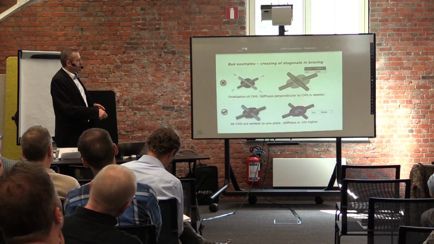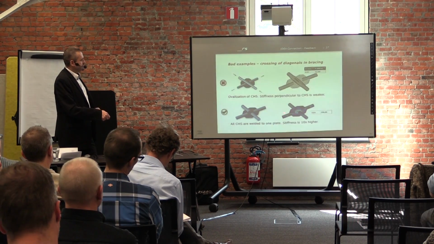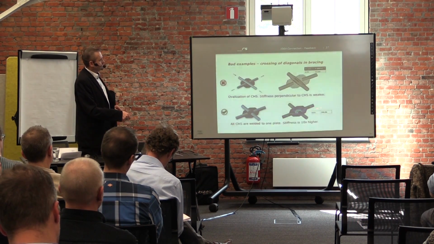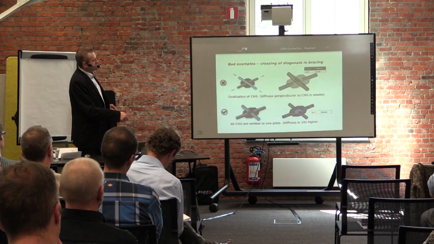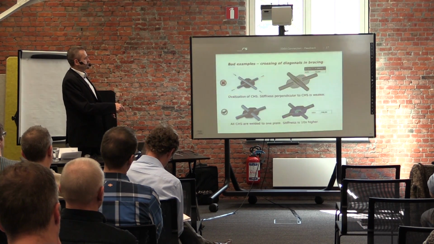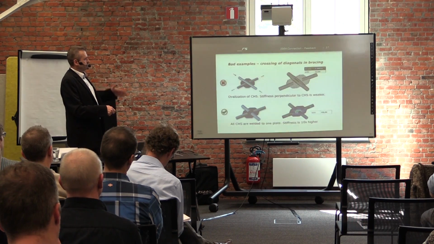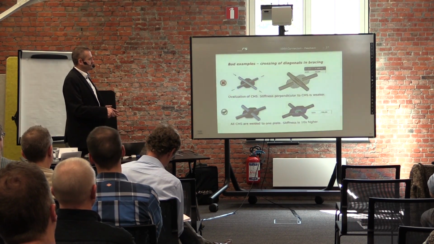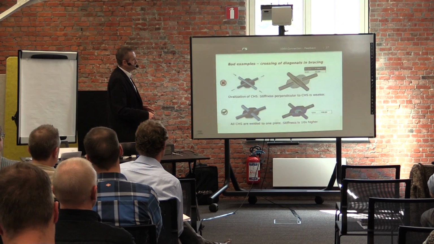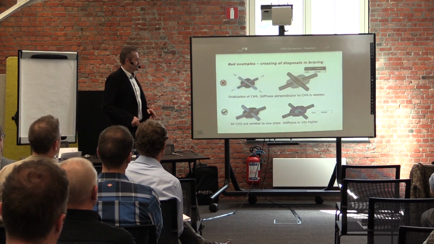We compare it with another solution, what is normally done, that all diagonals are divided and welded to the plate. Then all this plastification is not here anymore, and you see that here we have a deformation which is 10 times lower than this solution. In fact, for the same money, you have a 10 times better solution. The stiffness is 10 times higher than this one. So it was another nice bad example.